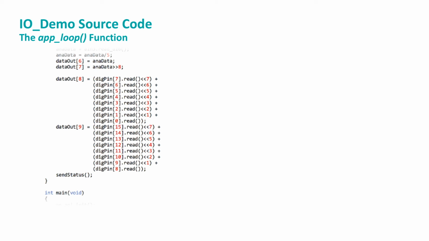In our program, we read each pin and get either a 0 or a 1. Then we shift it into its assigned bit position and add the shifted values together to make the composite byte to be returned to the smartphone. So the value from digpin 0 goes into bit position 0, the value from digpin 1 goes into bit position 1, and so on, until we have all 8 bits. Those 8 bits go into element 8 of the data out array. And we do the same thing for digpin 8 through digpin 15, but those values go into element 9 of